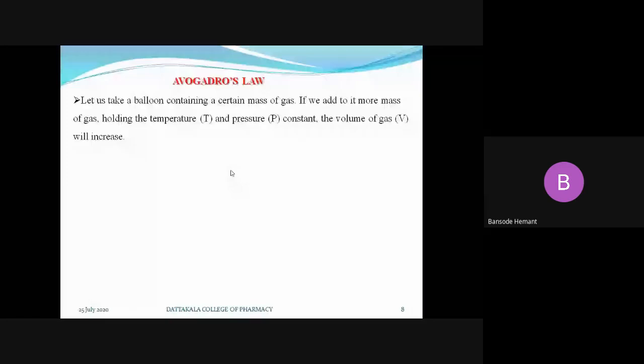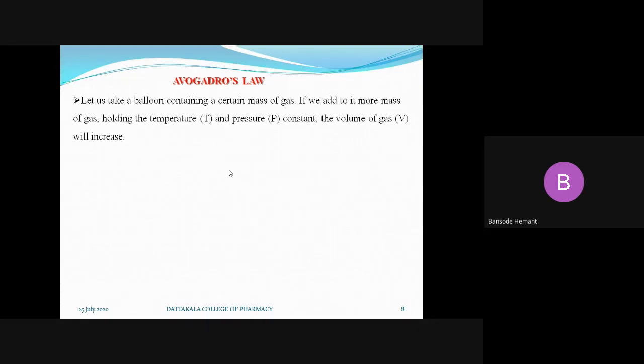You might have heard about Avogadro's number. Earlier, at the start of the lecture, I also explained about the balloon. If you take a balloon containing a mass of gas, and you add more mass of gas into that balloon at a constant temperature and pressure,